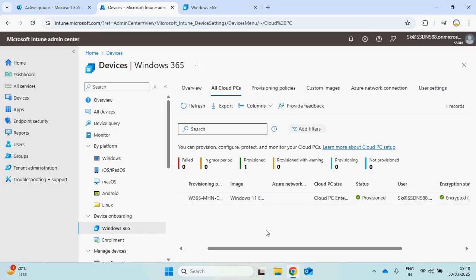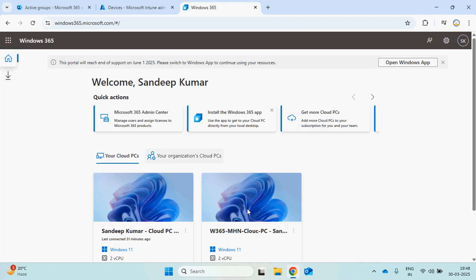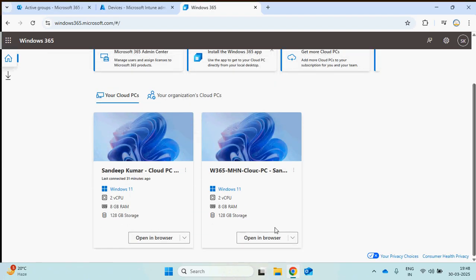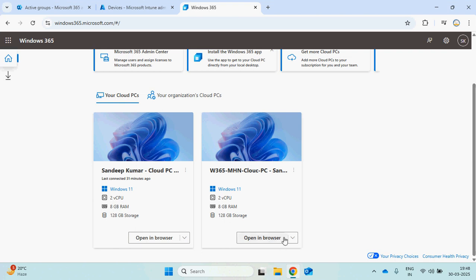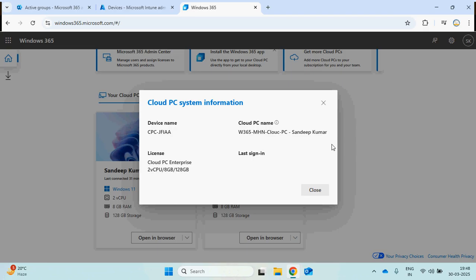Now the provisioning has successfully completed. So you can see there is a PC. Let me go here, and now you can see there's a cloud PC assigned to this particular user. If you want to see complete details, you have options here: rename, restart, restore, system information.